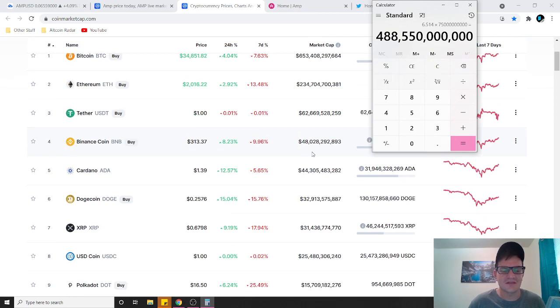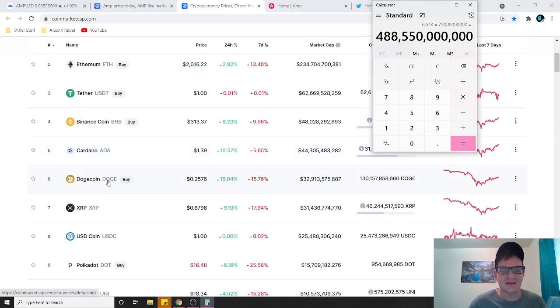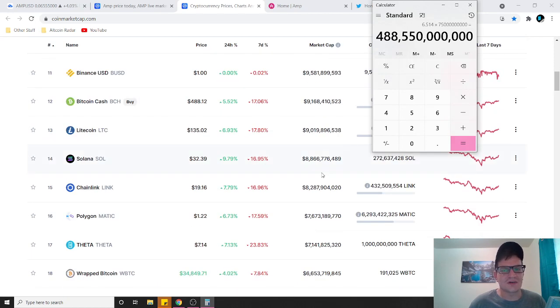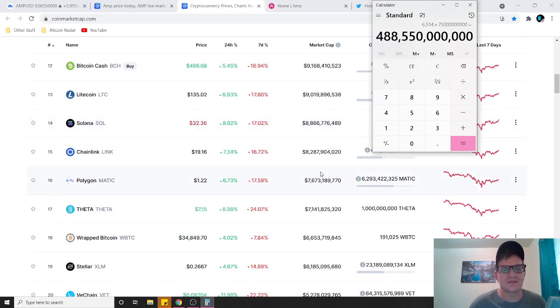We've all seen it earlier this year with Doge. That came out of the middle of nowhere, and it gained a lot of money as far as market cap goes. So you never know with the cryptocurrency community.